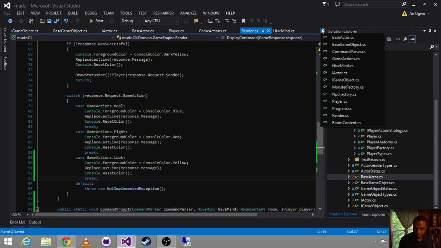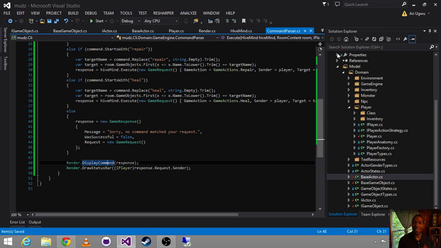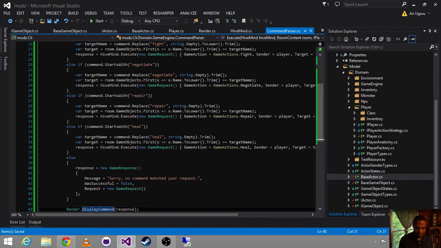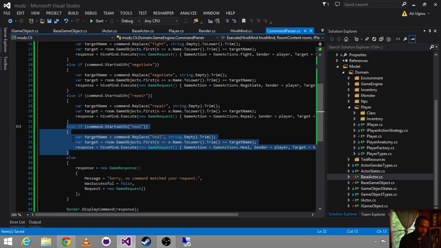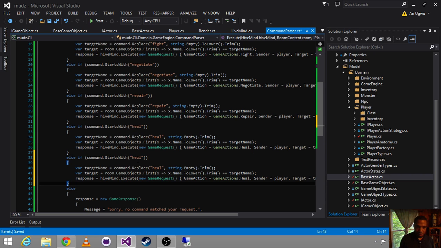And then inside my command parser, I'm just going to copy all that jazz. And let's say if it starts with look,